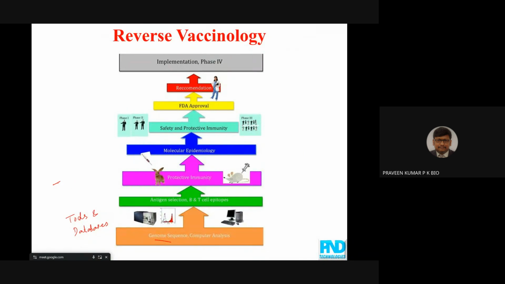The most popular, widely used database is IEDB, the Immune Epitope Database, but we have hundreds of databases like this. Whatever we want to use, we can use the databases and the corresponding tools for mining the data. Out of the thousands of data points we get, we screen for the best epitope. Epitope, I mean peptide. A peptide epitope is our basic output. This is what we have to generate.